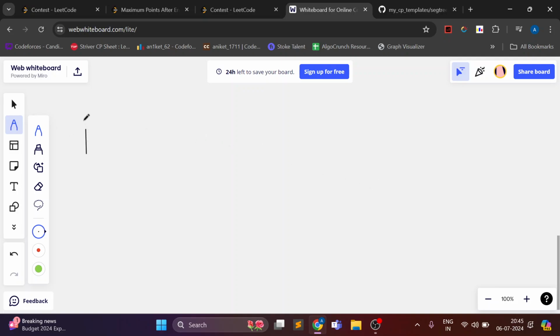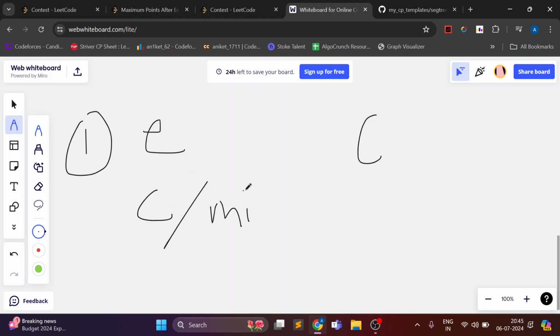Now let's say, first observation, we have an array of energies called E, and C is the current energy. What is the maximum number of points you can gain using this C? It would be C divided by the minimum of E, because